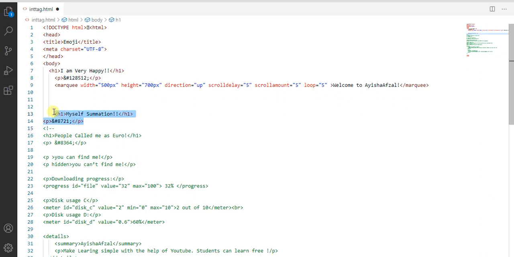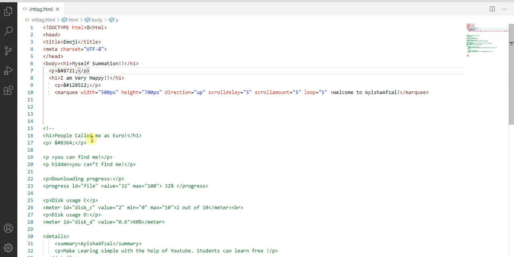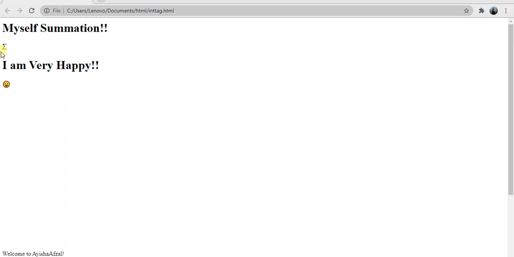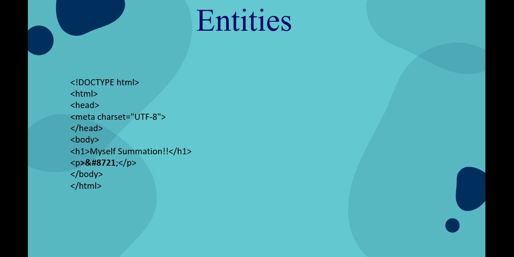This one I'm giving at the top, then only it's easy to identify. Here, refresh this one, you can see myself is Amazon; this Amazon symbol we inserted. It has a specific code, that's why we insert it in HTML.